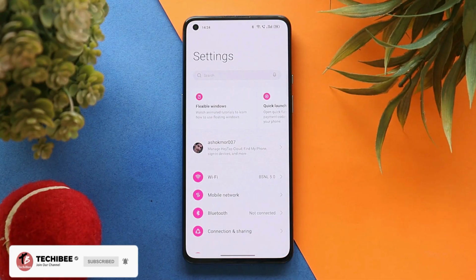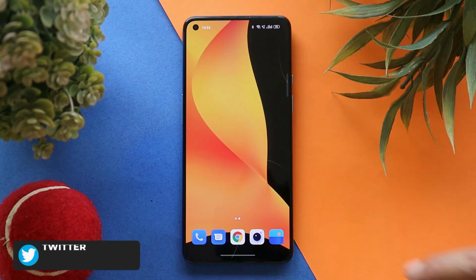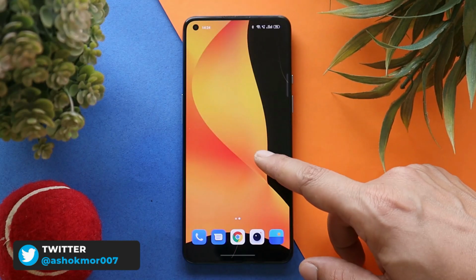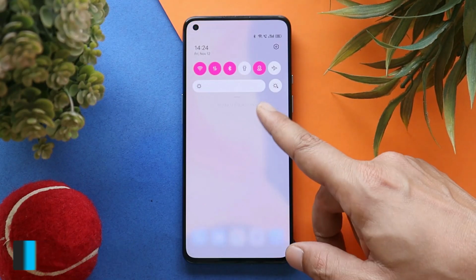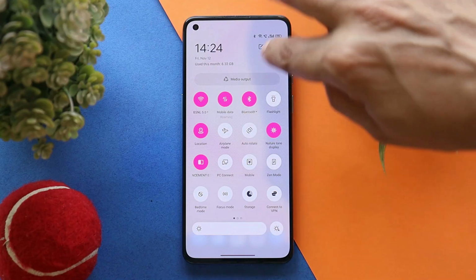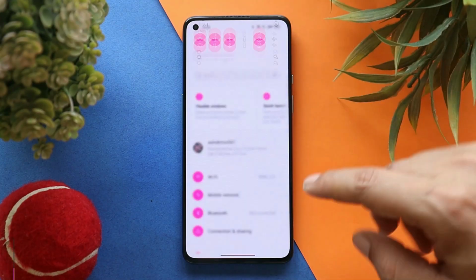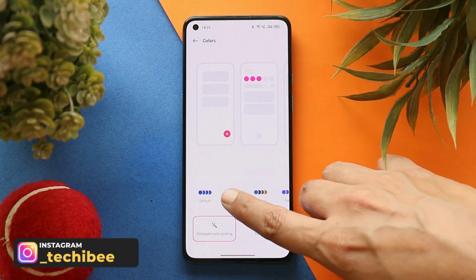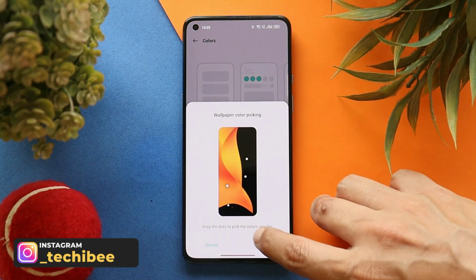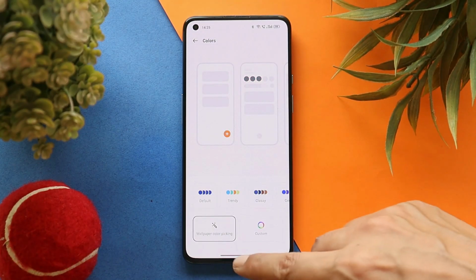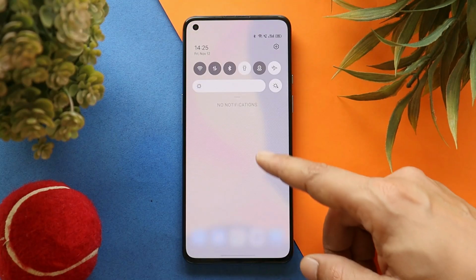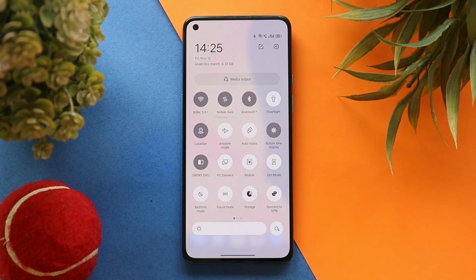And this applies to the entire system UI. This feature still has some kind of issues. As you can see, I have changed the wallpaper and still the accent color hasn't changed. But that can be easily fixed by going to settings, disabling this feature and selecting it once again. So sometimes this is not happening automatically, and you need to do that manually. But as we all know, it's still in beta stage. In upcoming updates, this thing will be fixed.